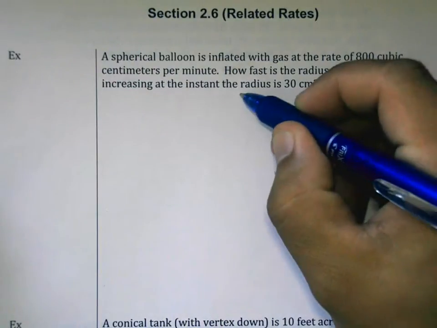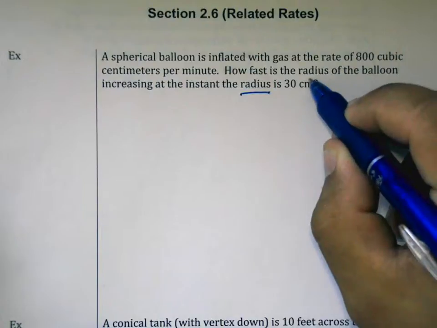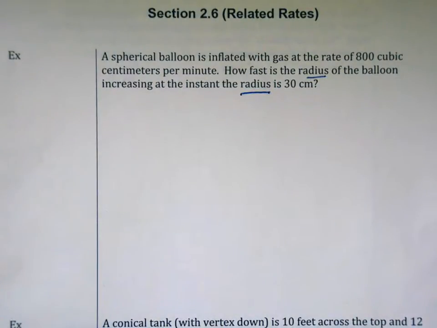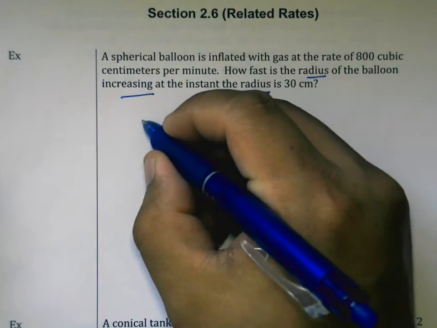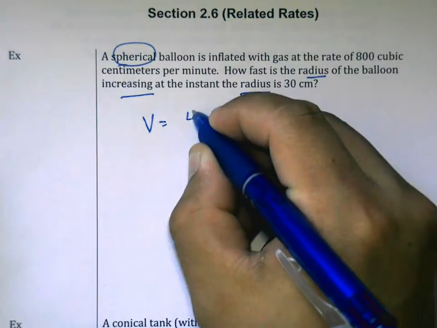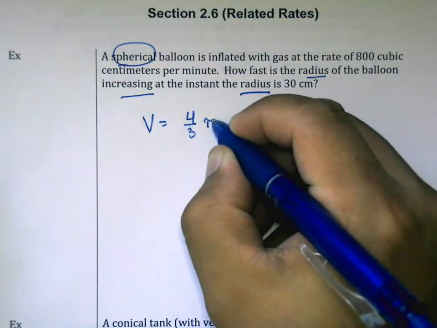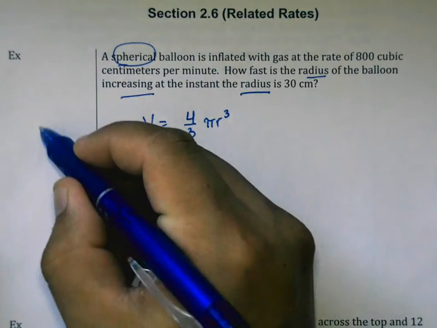So we want to know the change. I mean, how fast is the radius increasing, the radius with respect to time? Okay, this is all with respect to time. So we can start out with a basic function here, the volume. Since this is spherical, the volume of a sphere is 4/3 pi r cubed. Okay. And normally this is all there is to it, but you can imagine, this picture is kind of like,